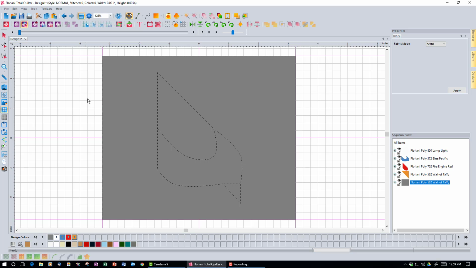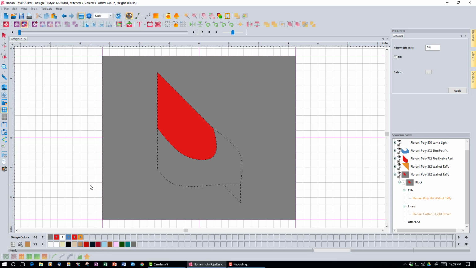So if you click it, and you come to an area, you can start to click in here and create the various parts of the block. So the first thing we're going to do is click on this wing area, so anywhere in the wing, and you can see now I've got that selected. We're going to assign a color to it, and we're going to use this red that's already in the design here. So come down to this red number 3 and click it, and when you do that, it's got 2 choices. Either take it out, which we don't want to do, or assign it to the fabric color. So we're going to assign it to the fabric color, so we're going to click that,